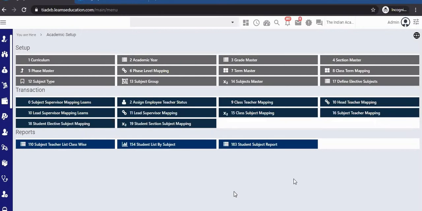Yes. Actually, you need to start with user role creation and user role mapping, and then add these links: subject supervisor mapping links, lead supervisor mapping, class teacher mapping, subject teacher mapping. These links you need to add in the schools which you need, and then do the mapping.